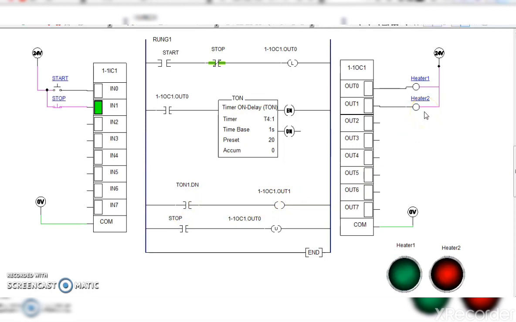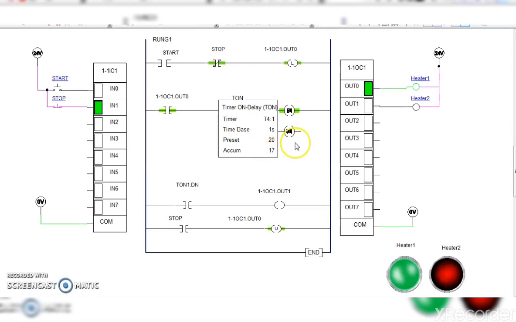Okay, now let's see how it takes place. Start switch is pressed momentarily. Because of the latch coil, heater 1 is continuously on. Okay, at the same time the timer has started from 0. Now it is 12, 13, 14 like this.